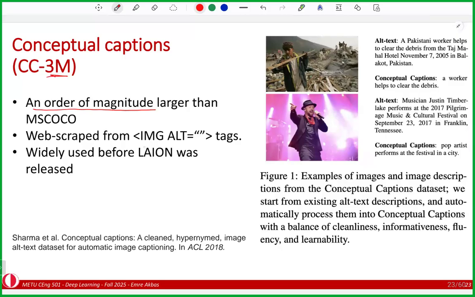If you know HTML code, to put an image, you use the image tag. And within the image tag, there's an attribute called alt. It's optional, it's not mandatory. You generally put the description of the image in the alt attribute. And this was originally intended for